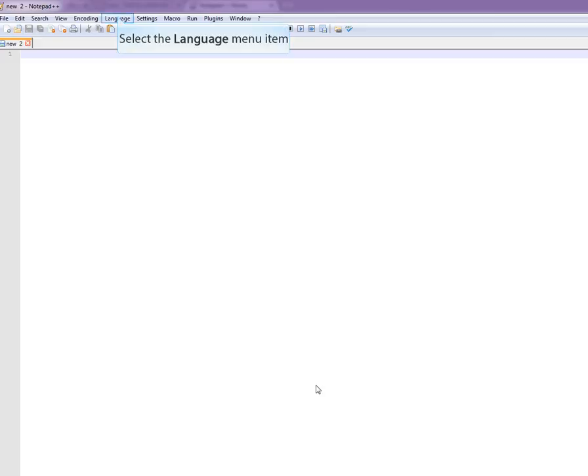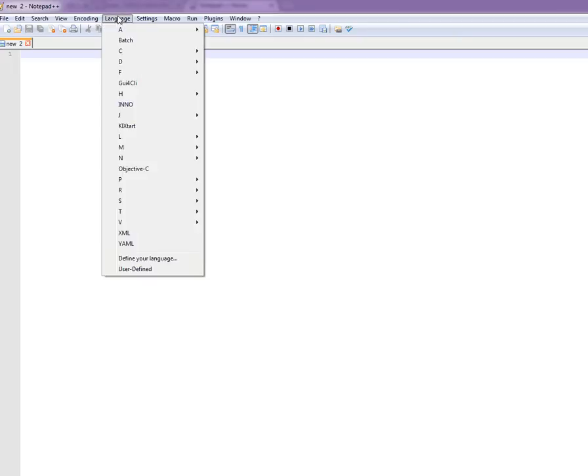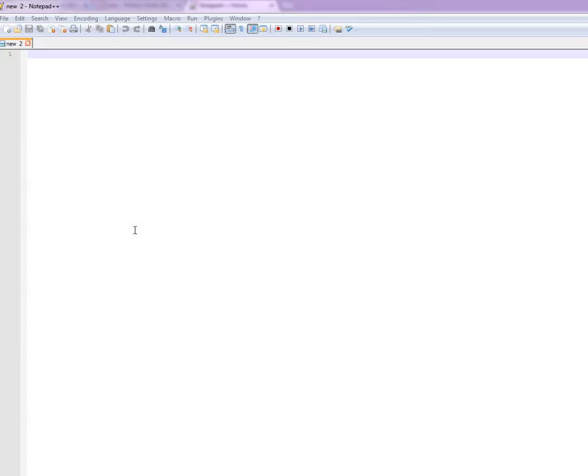It's quite basic, and we're going to begin by going to the language menu and clicking on XML from that menu to set the language as XML, and that will ensure that we can now use XML and it will recognize our tags. So the first thing that we're going to do is type in a few lines of code that we can